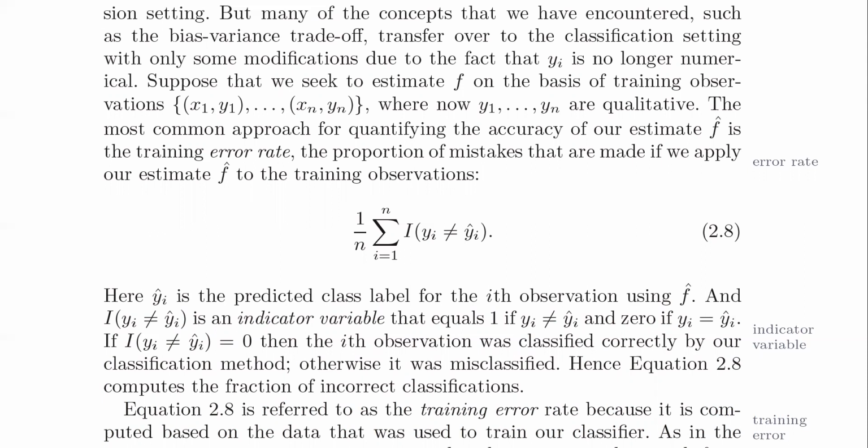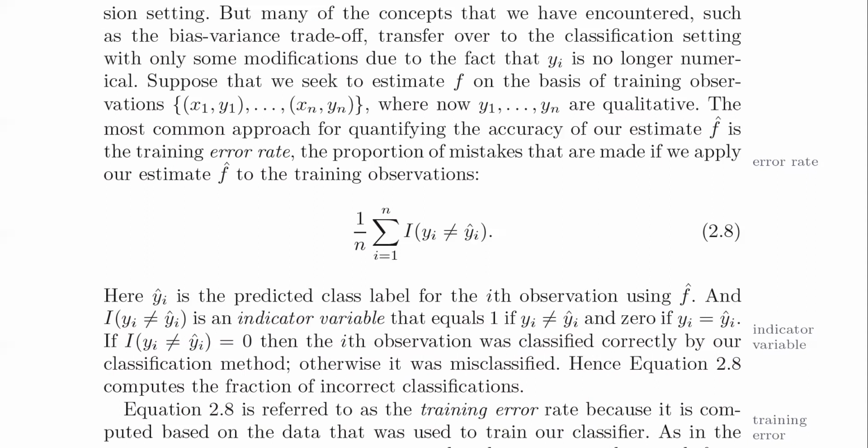is predicting in which group something should be classified. So one of the very first examples I ever mentioned was in the case of insurance: is a claim that hasn't been settled yet going to go to court or not going to go to court? That's a classification. Suppose that we seek to estimate F on the basis of training observations,